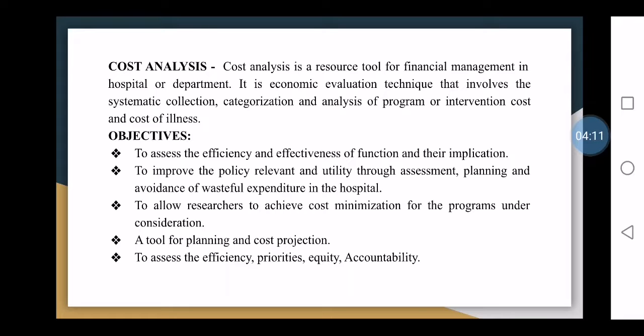Because every year we have to give increments to the nurses, doctors or whoever works there. But in the same way, we cannot increase the medical bills. We cannot increase the cost of medicine. We cannot increase the cost of each procedure. So there is a limit for increasing those things, because the only consumer of a hospital is the patient. There is no other person who comes to a hospital other than a patient.